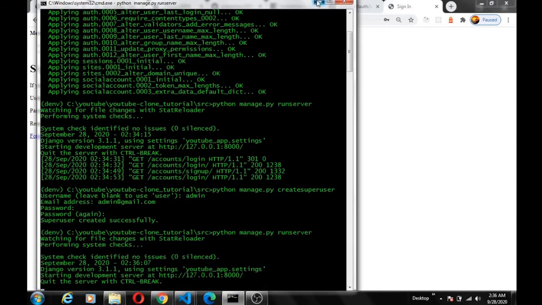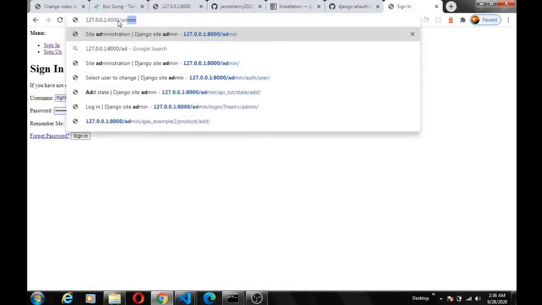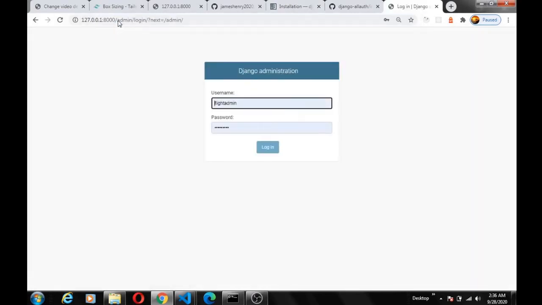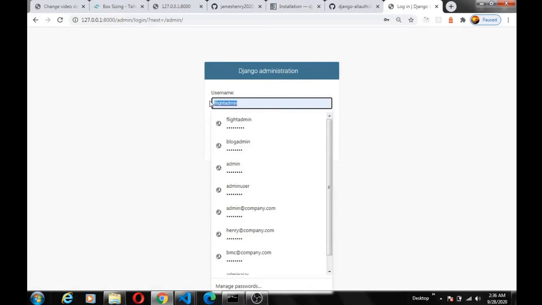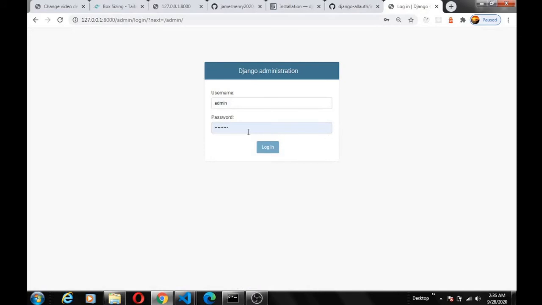So once we head back, once we start our server again, okay, so if we head to the admin, we can log in with the admin we just created. Just log in with the admin. Username is admin, password,